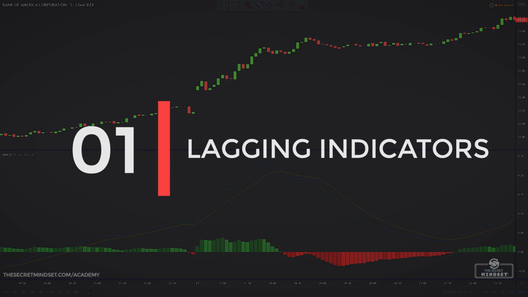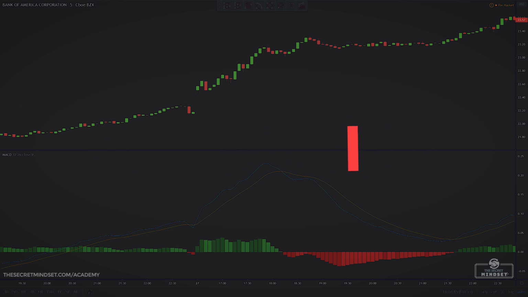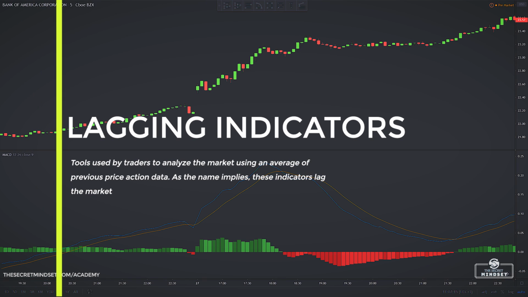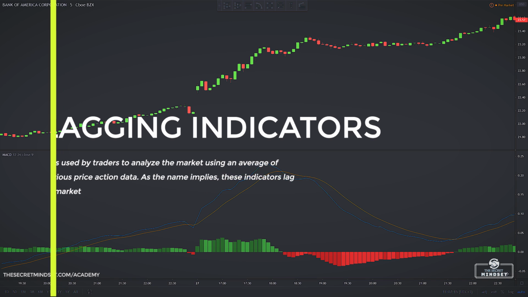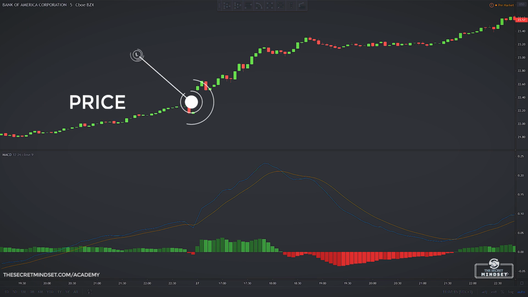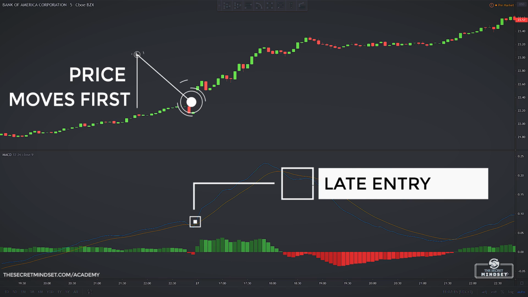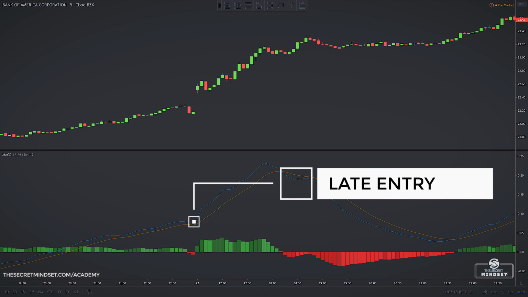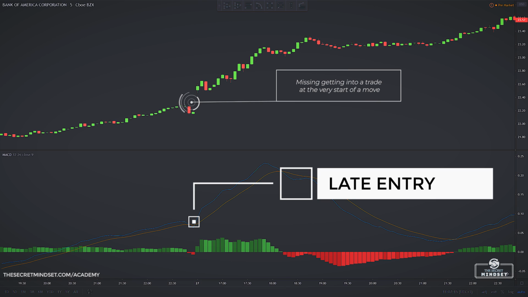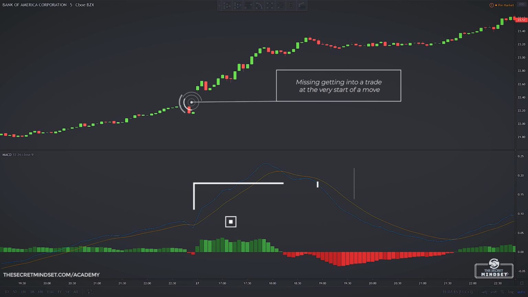Lagging indicators are tools used by traders to analyze the market using an average of previous price action data. As the name implies, these indicators lag the market. This means that traders can witness a move before the indicator confirms it, meaning that a trader could lose out on the start of the move. Many consider this a necessary cost in order to confirm if the move gathers momentum. Others view this as a lost opportunity, as traders are missing getting into a trade at the very start of